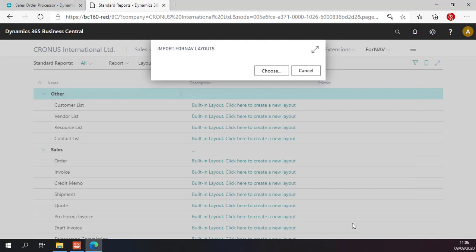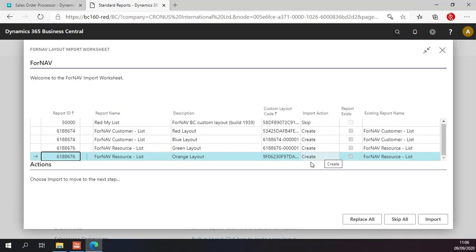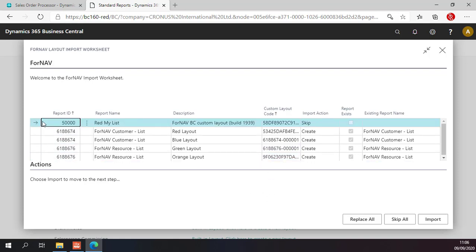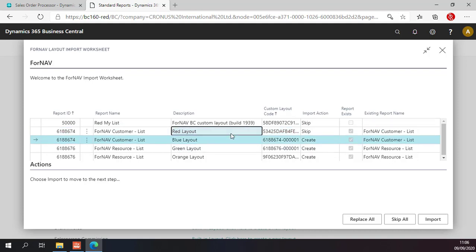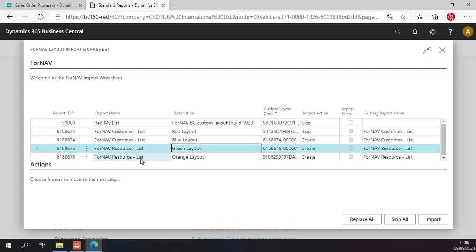If I click open, that brings up the ForNAV layout import worksheet, where I can choose what to do with which layout. You will notice at the top I have a layout for a custom report, which does not exist in my database, so this is going to be skipped automatically. Then for the customer list I have two layouts, and let's skip the red layout. And for the resource list I have two layouts, the green and the orange, which I both want to import. So now I hit import,